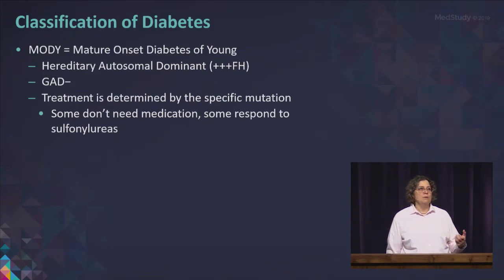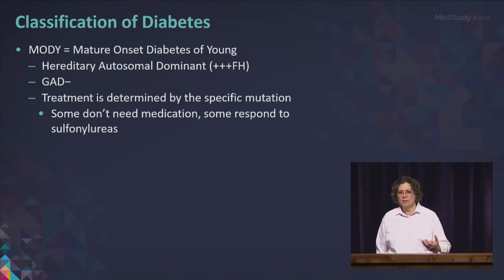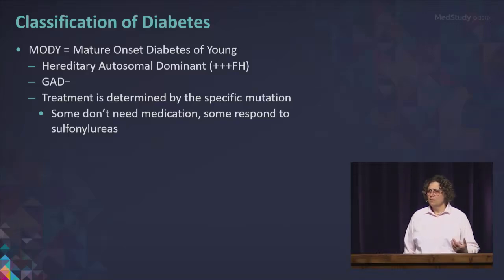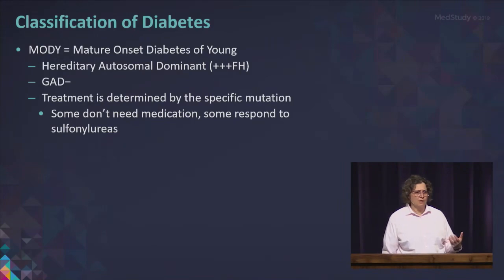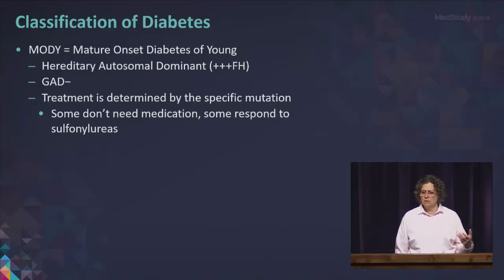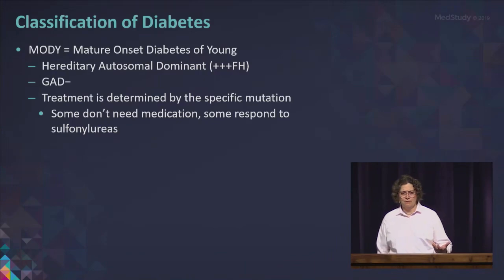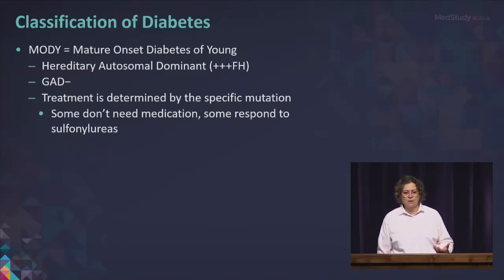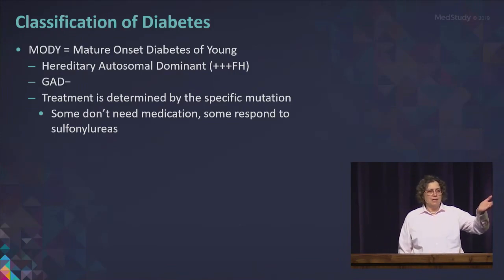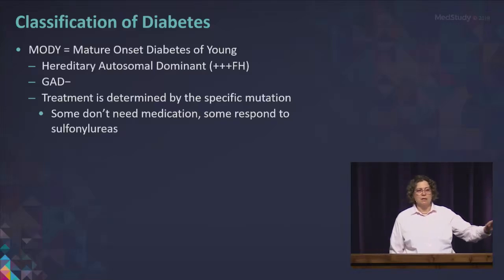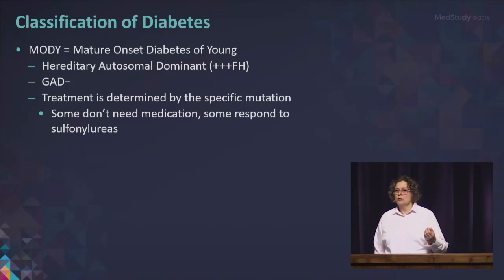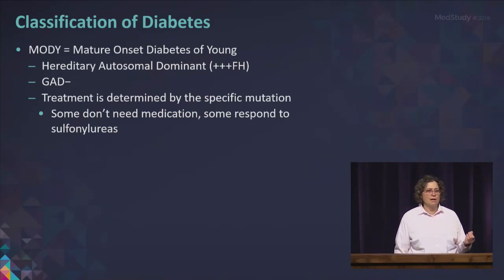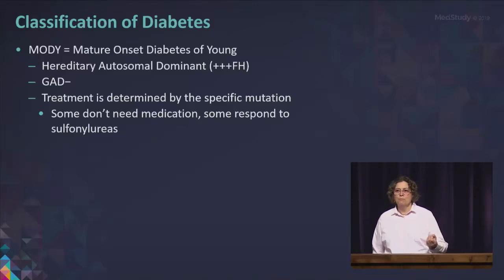So these are people that you're seeing, teenagers, early 20s, that come in and they have hyperglycemia. You say, well, gosh, you don't have your metabolic friends, you're not obese, you don't have hypertension, dyslipidemia. I wonder, could you be a type 1? So you send off GAD antibodies, and the GAD antibodies are negative. You get a family history, and you find out that dad has this also, diagnosed early on, because MODY is autosomal dominant, so there'll be a strong family history. So the moment you get GAD negative, then you are sending off for genetic tests, and there's actually a MODY panel. And it is so important to get this diagnosis right to figure out what type of MODY it is,